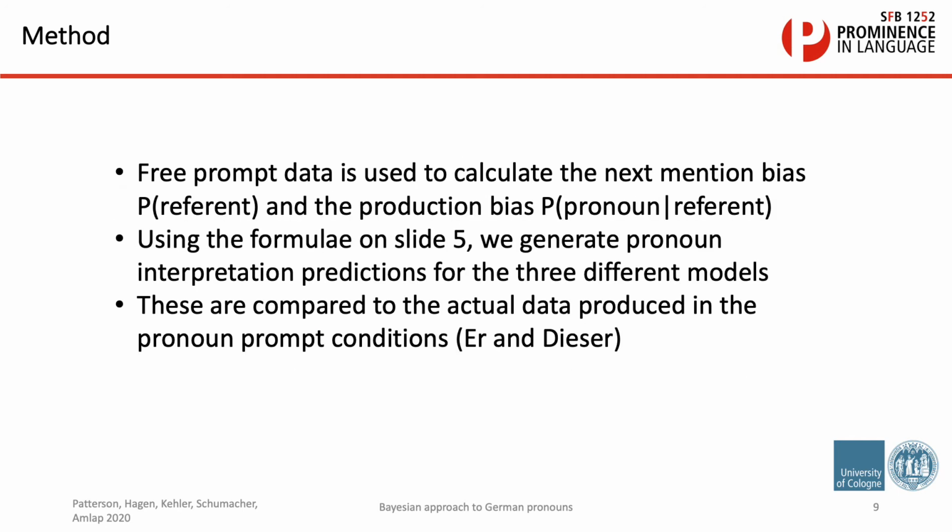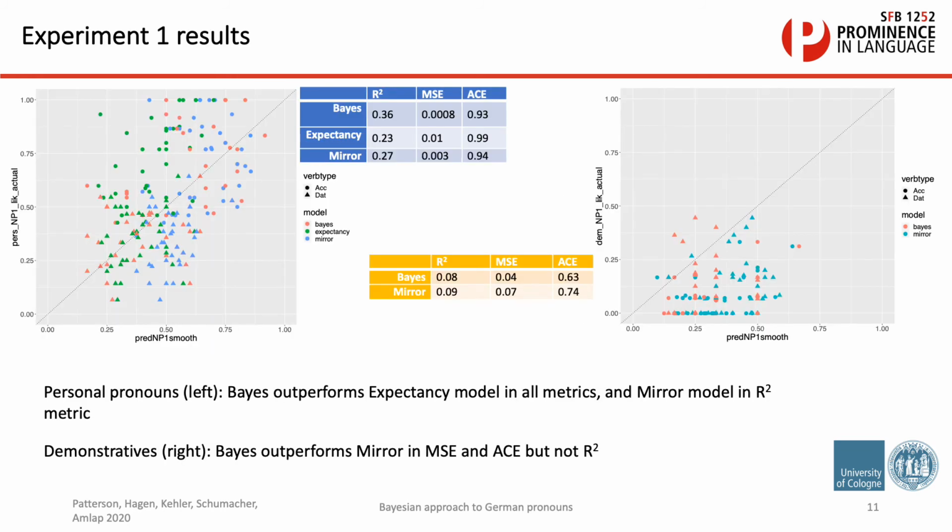The free prompt data is used to calculate the next mention bias and the production bias, and then we plug these into the formulae given on slide 5 to generate pronoun interpretation predictions for the 3 different models, and this is done on an item by item basis. And these are then compared to the actual data produced in the pronoun prompt conditions. And then we can measure how good the fit of the predictions is to the actual data using several metrics. And when we look at these metrics,